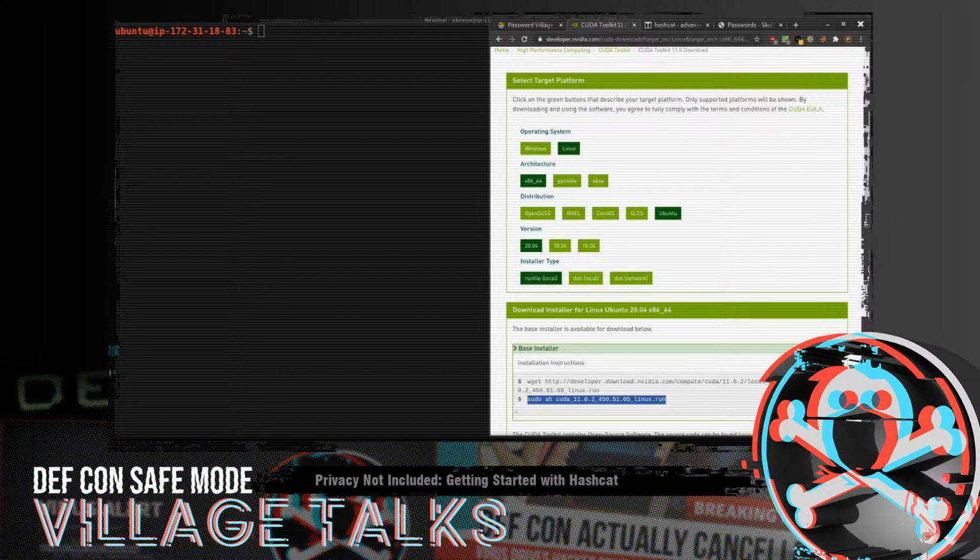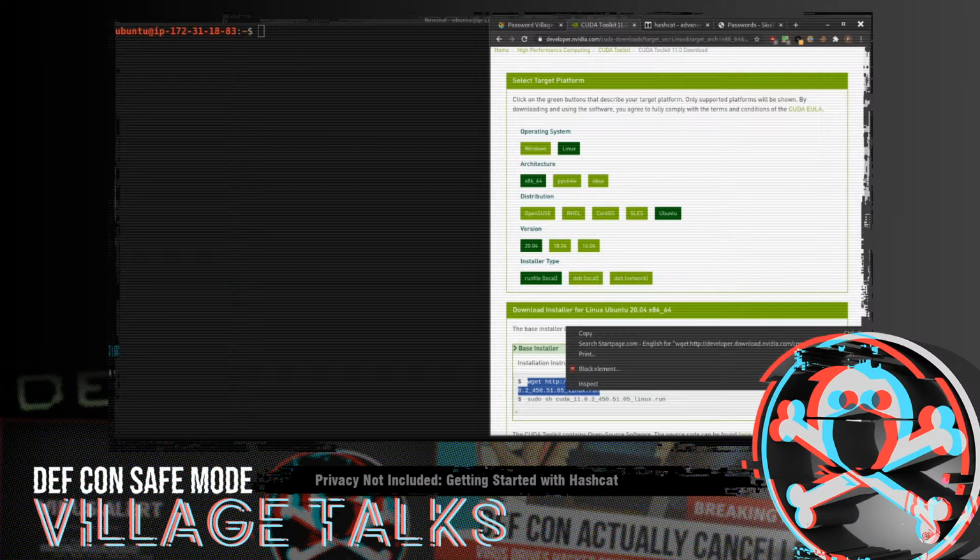Because we want to maintain compatibility between the CUDA version and the Hashcat release, we don't want to upgrade CUDA as part of a system upgrade on accident and break it. So we're going to go with the local run file. So we're going to copy this wget line here,